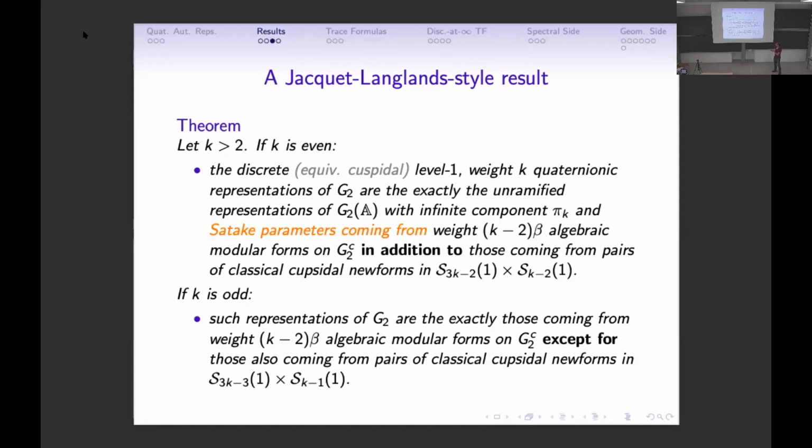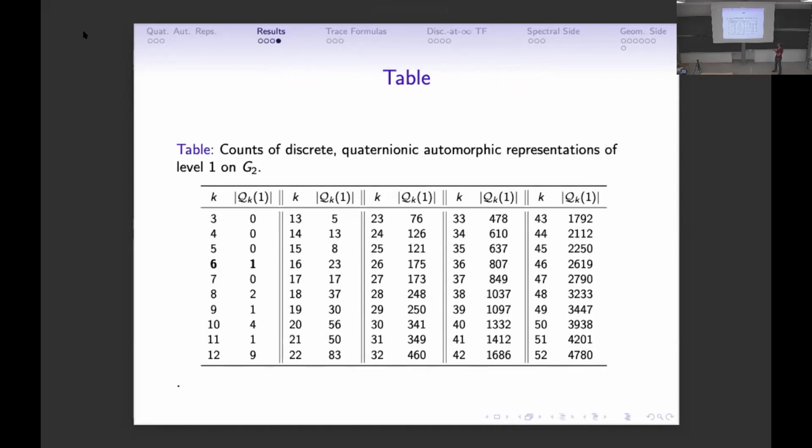Okay. So just so you can see, here's a table of what these dimensions are in terms of this weight k. And the interesting point here is that weight 6 is the first time you find one. I'm just going to warn here that this only works for k greater than or equal to 2. And just by this, you don't know that there isn't anything of weight 2, but it's probably very unlikely